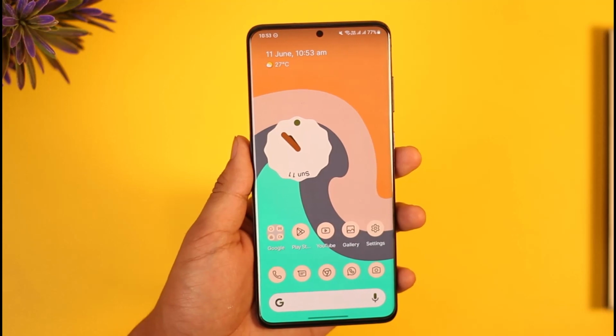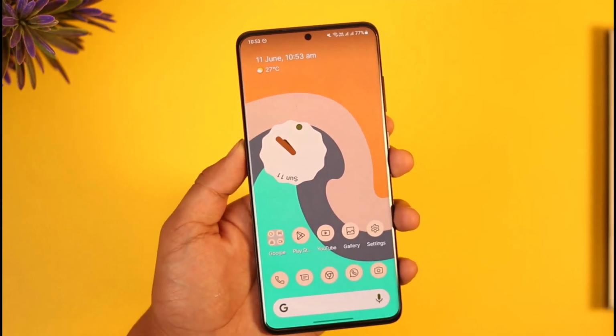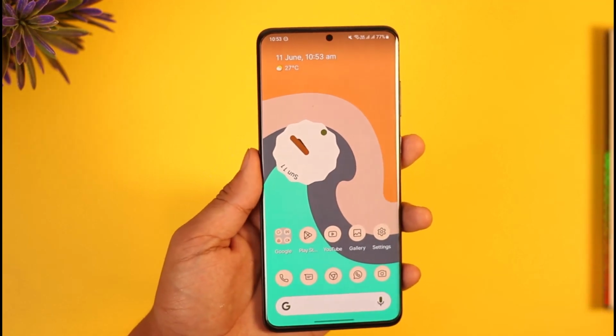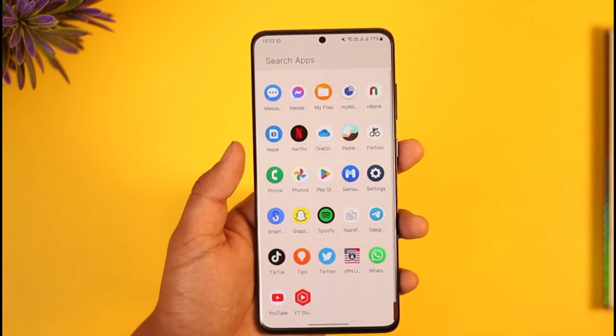In today's video I'll simply guide you through the steps on how you can delete your search history on Netflix, so make sure to watch the video till the very end. So if you'd like to delete your Netflix search history, you have to go ahead and first of all launch